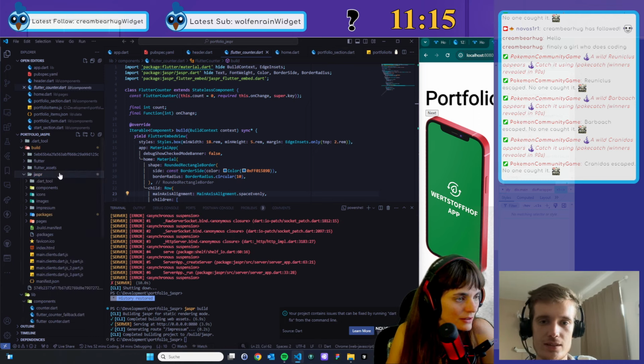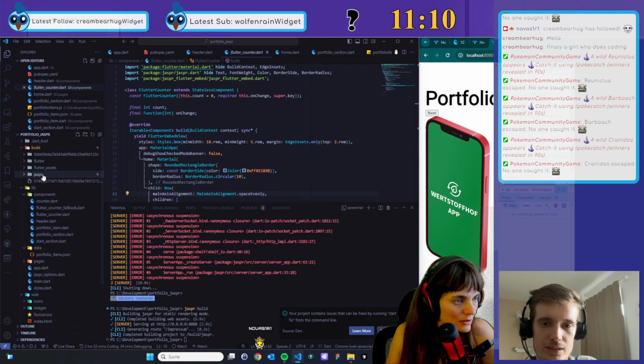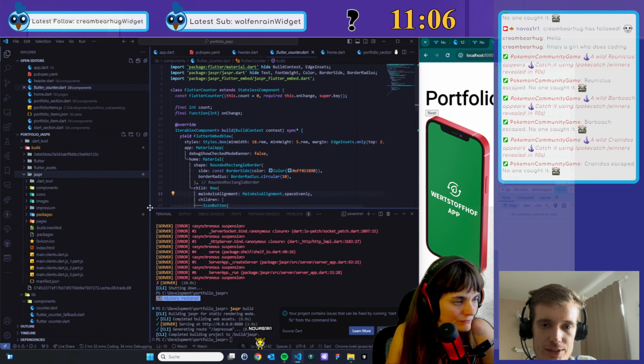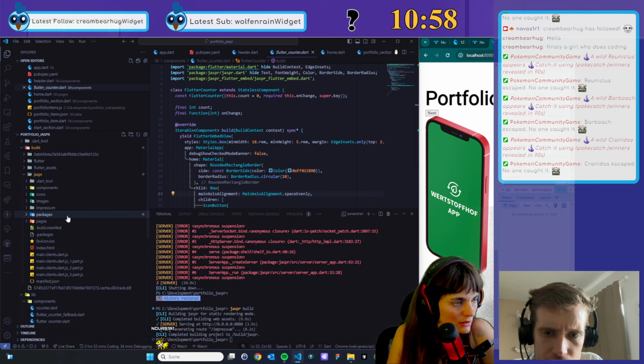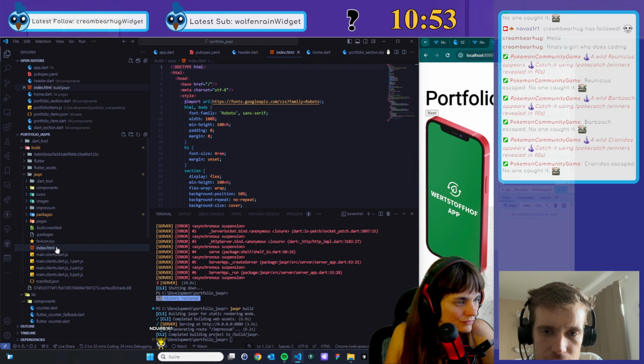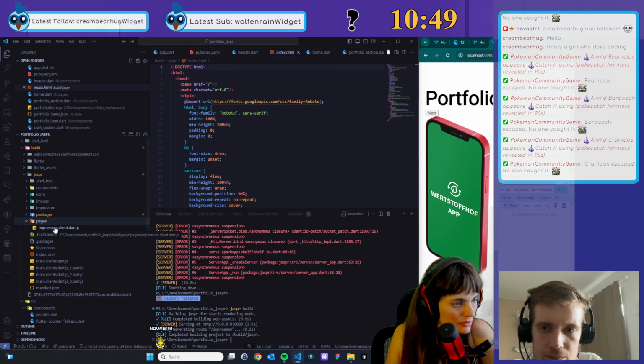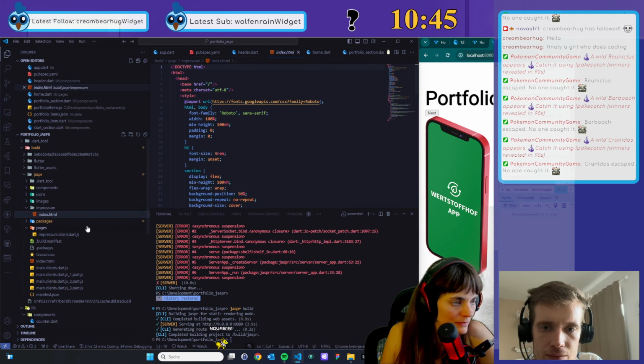Oh yes, that looks nice. So if you go to the build, build Jaspr, everything in there you can now deploy as a website. You should see you have an index HTML, and then you have an impressum/index HTML.